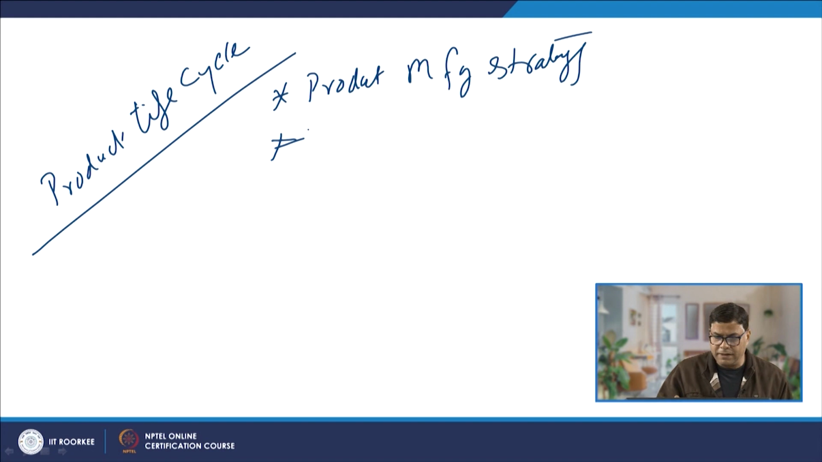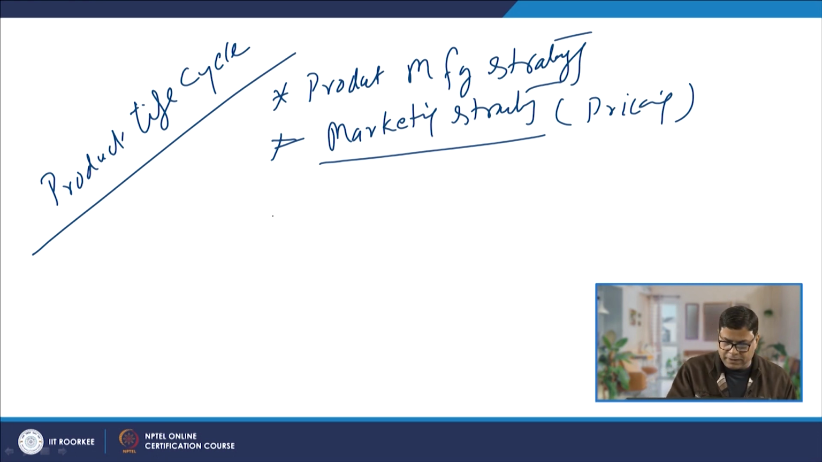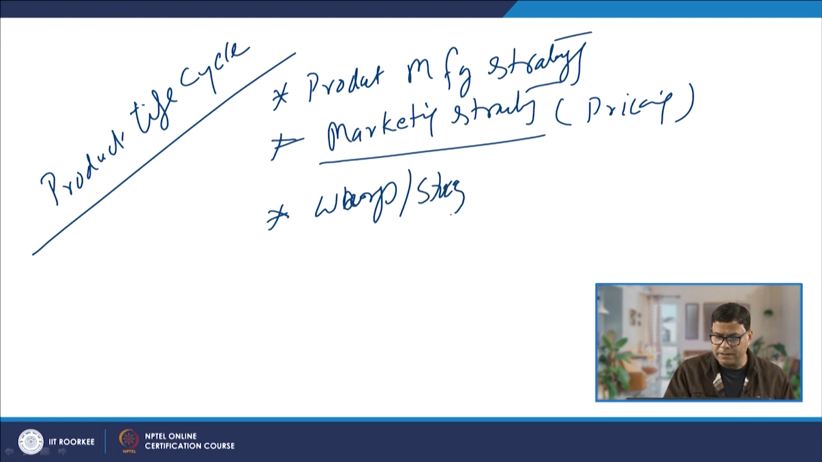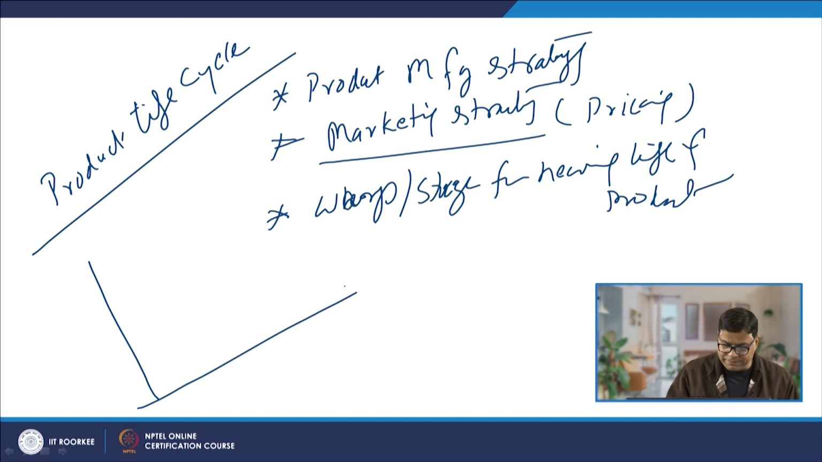In addition to that, it also affects the marketing strategy, the kind of marketing to be done, which means the way by which pricing of the products will be done. And the third one, it also suggests the ways and stage for renewing the life of the product in the market. So, if you see the product life cycle,